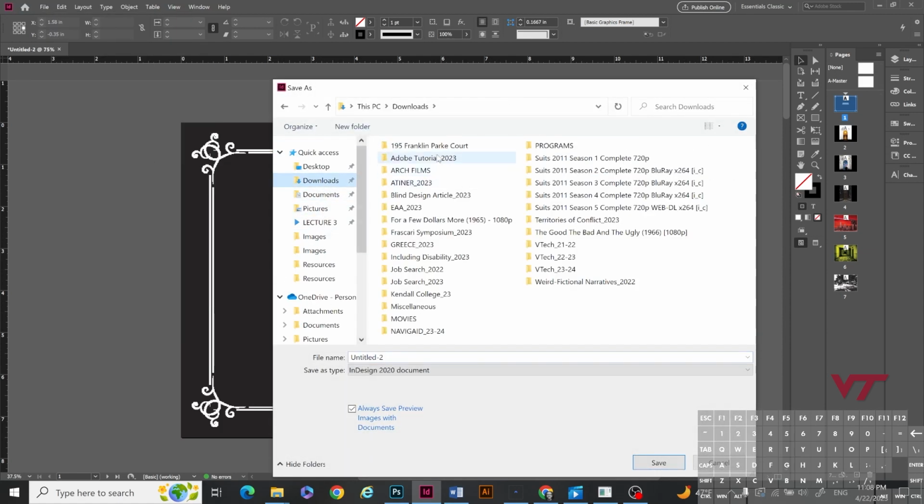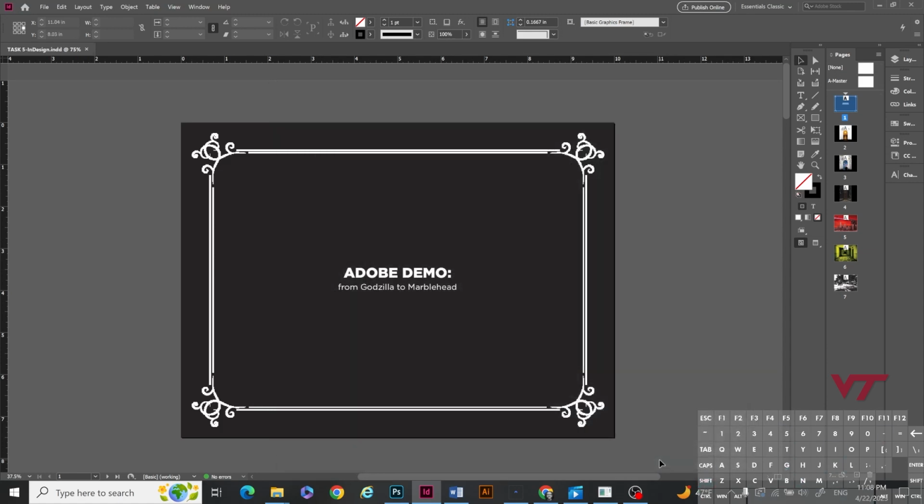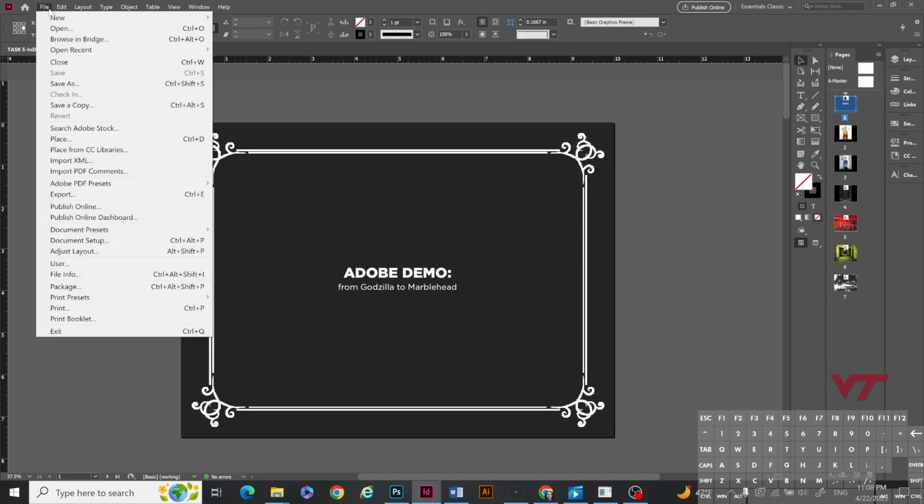Where do we want to go here? Adobe tutorial, InDesign, and I'm going to call this task 5 InDesign. That saves the InDesign document. It doesn't create a PDF. So what I want to do is File, Export,